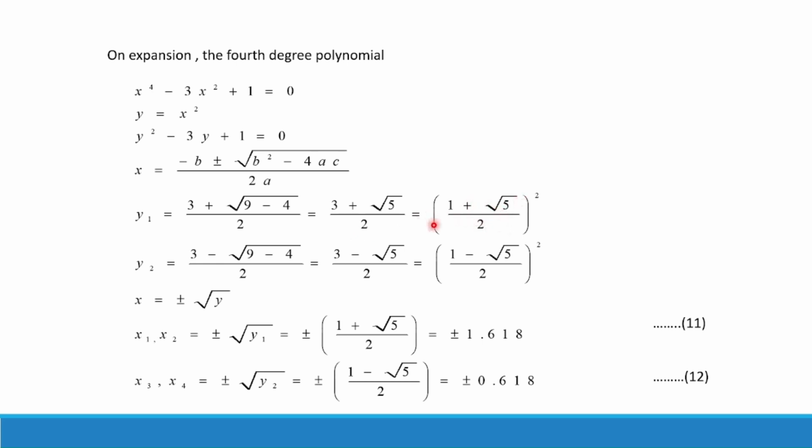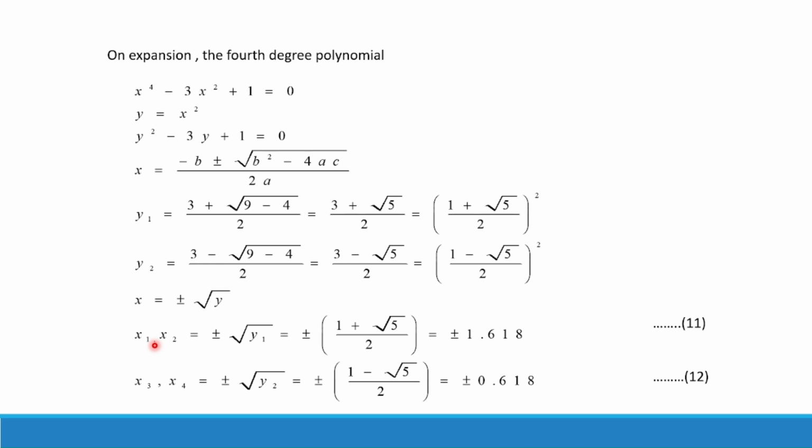So we can solve it in this way. And similarly y2, here we will put the negative sign, same equation, so ((1 minus root 5)/2) whole square. Now we know that x is equal to plus minus root y, from y is equal to x square, so we may write it in the form that x is equal to plus minus root y. So we will have two values